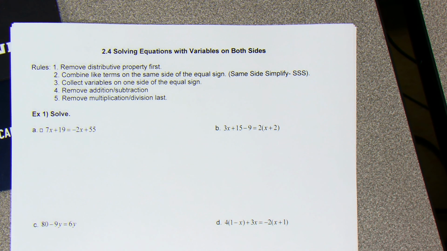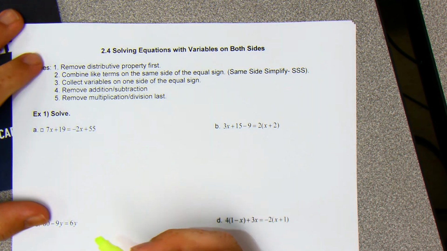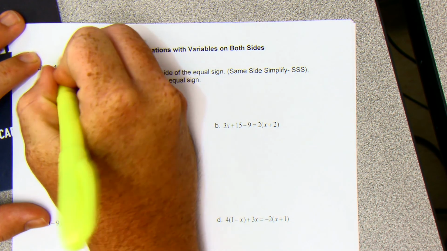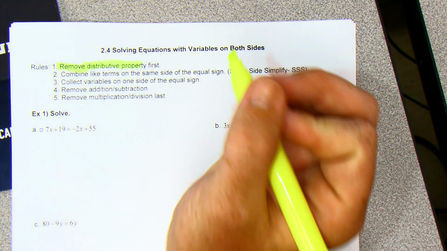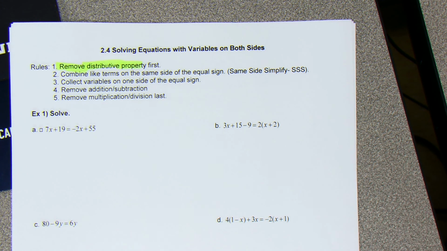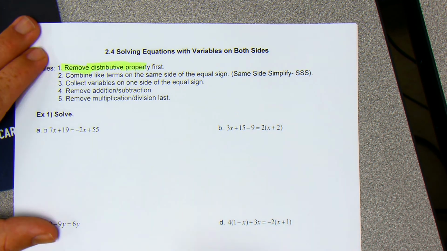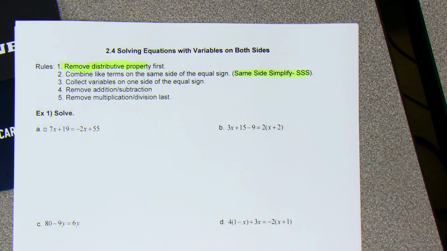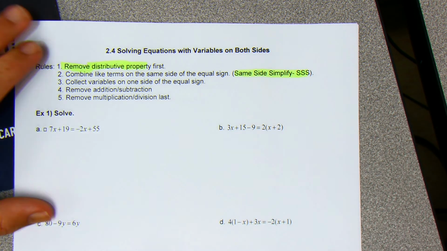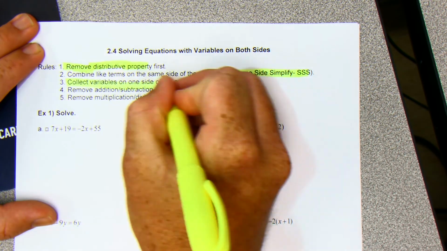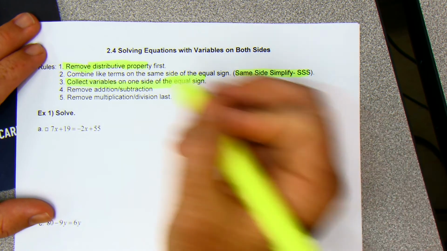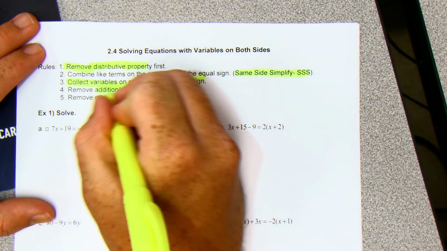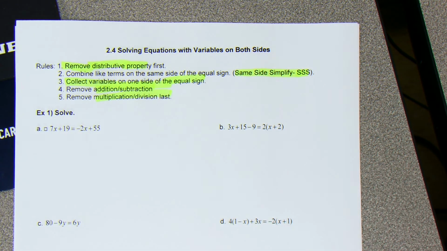First, as always, we're going to remove distributive property. Second, we're going to same side simplify. We will combine like terms on the same side of the equals sign. Third, we will collect variables on one side of the equals sign. Fourth, we will remove addition and subtraction. And fifth, we'll remove multiplication and division. Fairly straightforward, fairly similar to what we've been doing, but now we might have variables on both sides